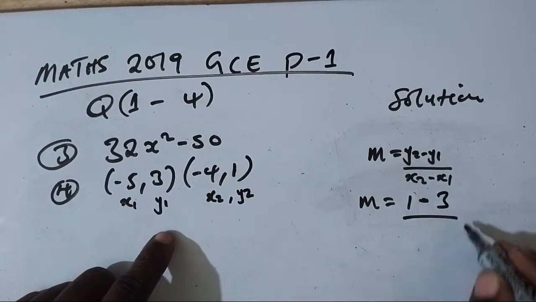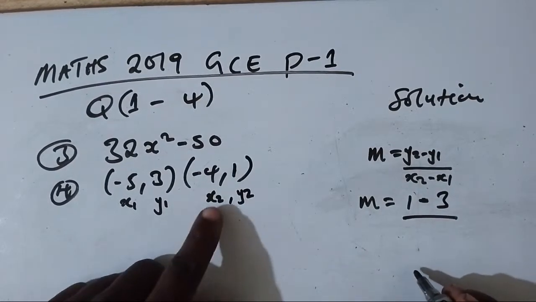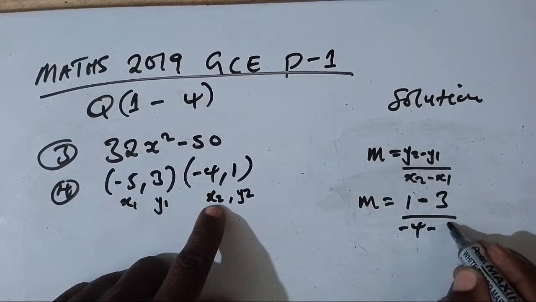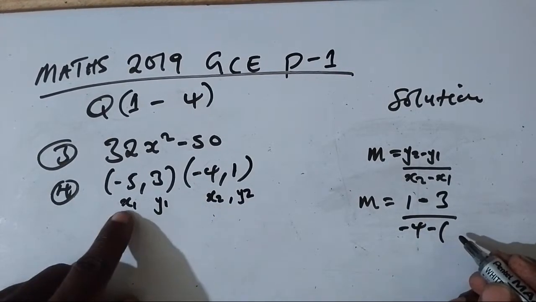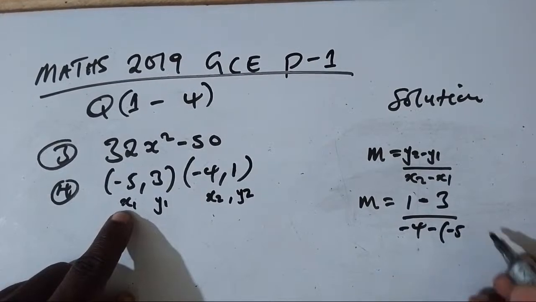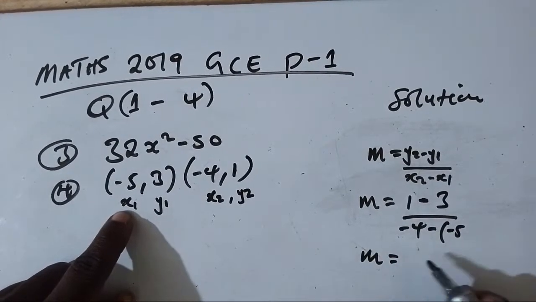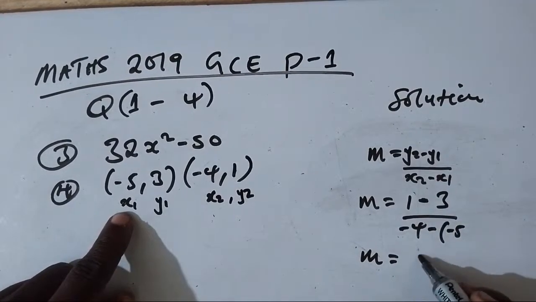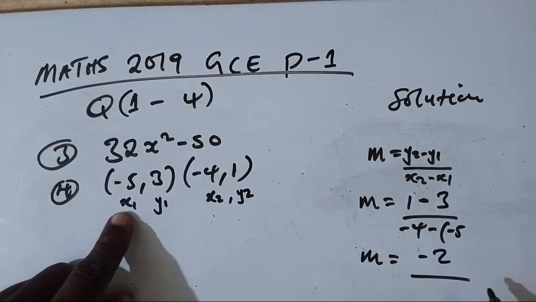Then divided by x2 we have minus 4 minus open bracket x1 we have minus 5. So the gradient will be equal to 1 minus 3, which is minus 2 over,